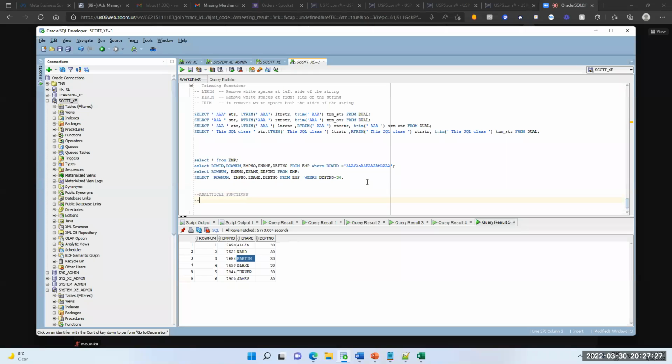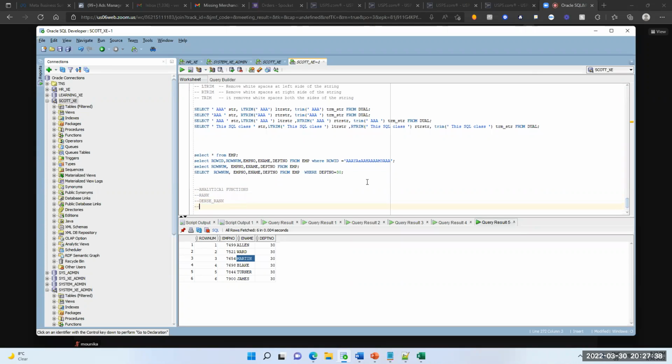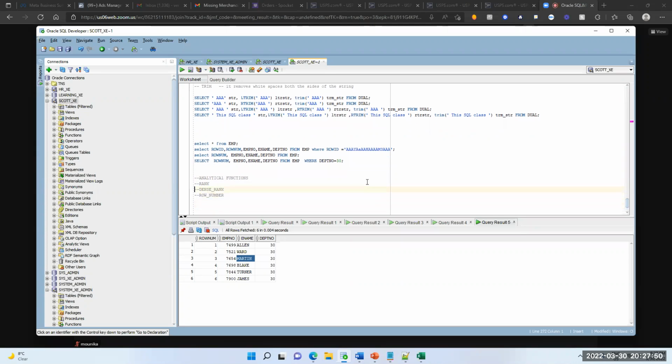Majorly we'll use rank, dense rank, row underscore number. Okay, mainly we use these 3. Very frequently we'll use these 3. So I'm writing the query here. I'm taking this data.